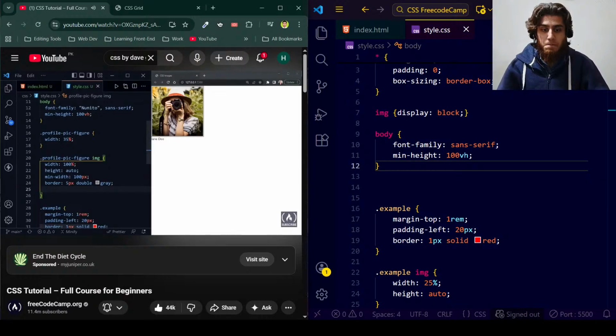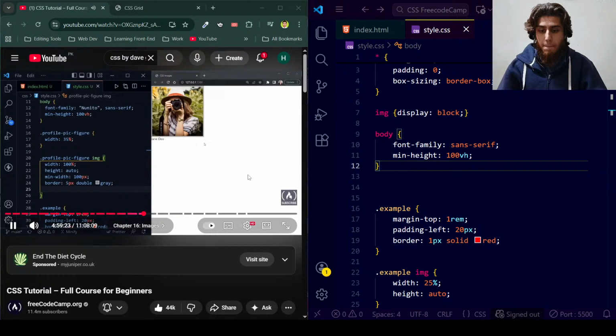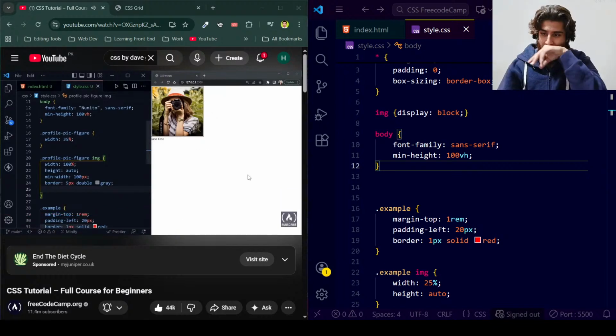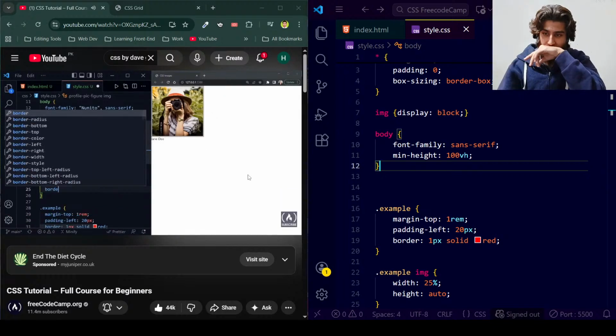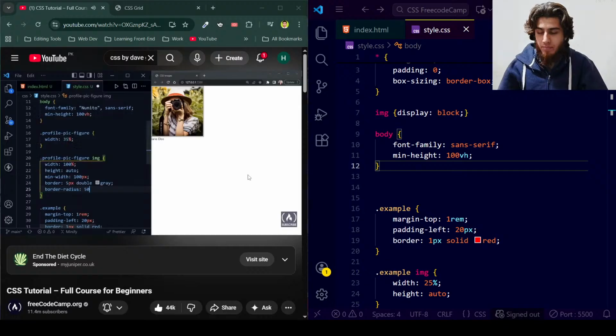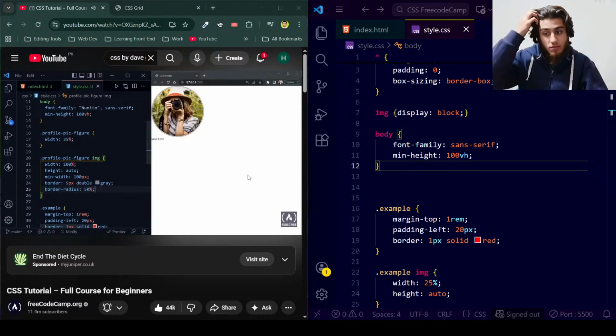One more thing I want to do to our image though is make it round, and since we have a square image, this wouldn't work if we had a rectangle, but with a square we can do this. And let's say border radius, say 50%, and when we save,